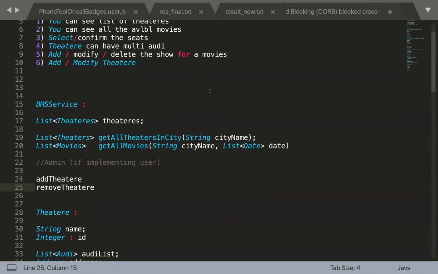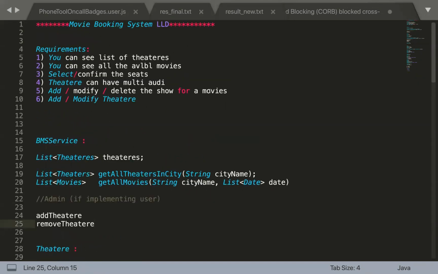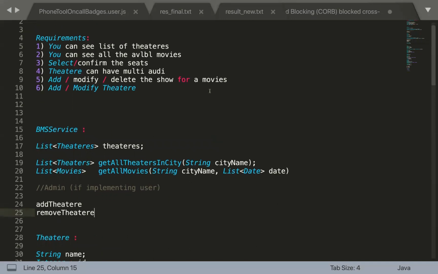Now, some probable extension asks the interviewer might ask in this case: hey, list down all the APIs. You need to be able to clearly choose your APIs and their parameters, so that you're at least fulfilling all the needs. Get all theaters. Get all movies is going to have a date parameter as well.